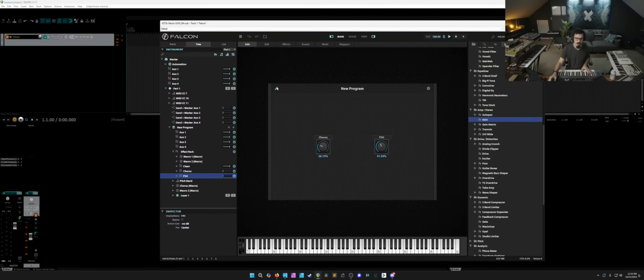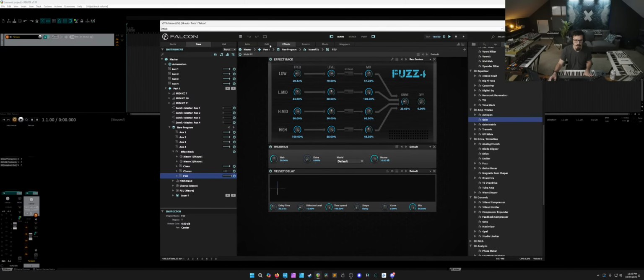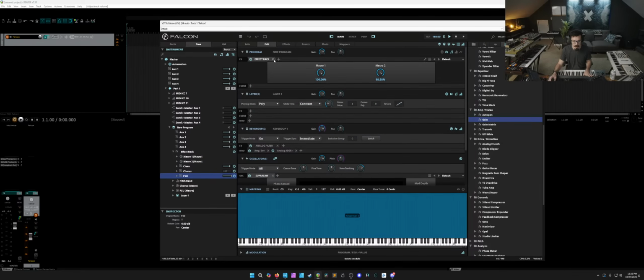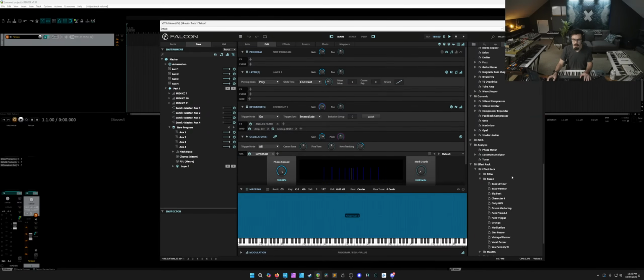That's our FSU channel. So now I can control parallel processing chains within Falcon. Pretty cool stuff. Now, the other version of this that gets a little more interesting, in my mind, is if